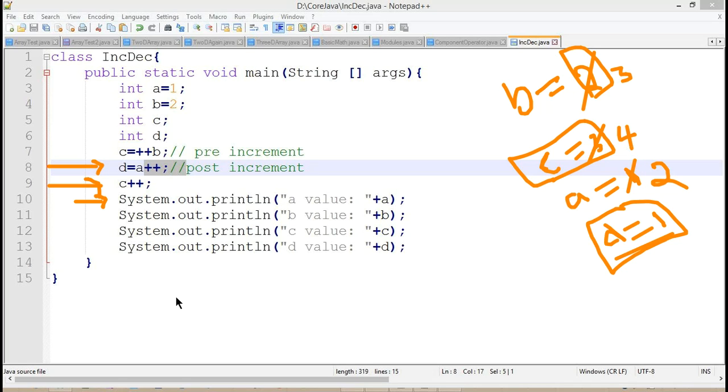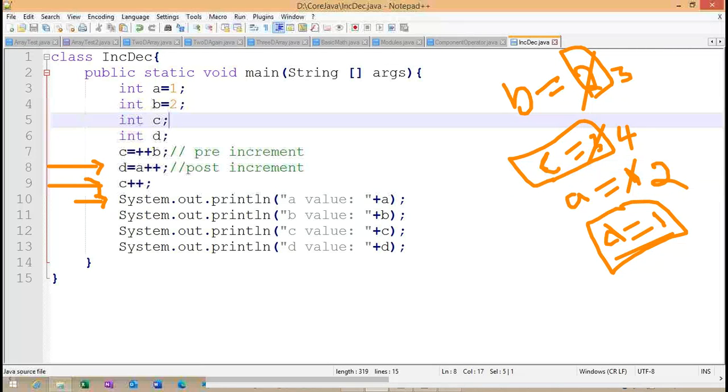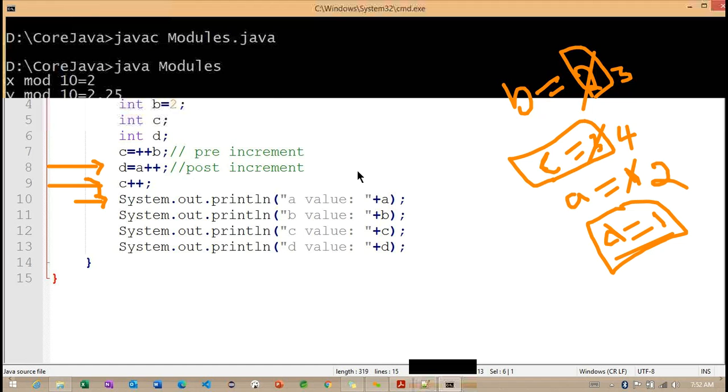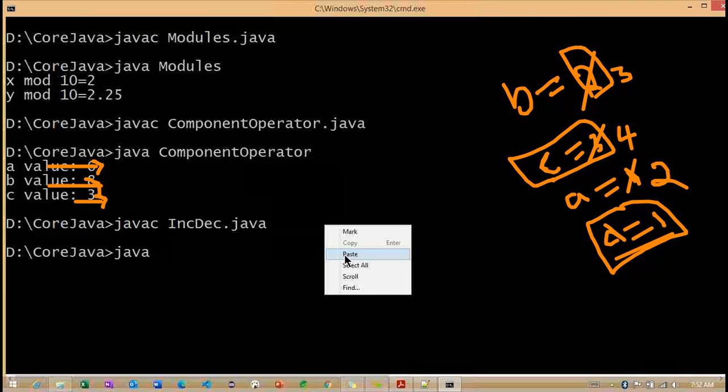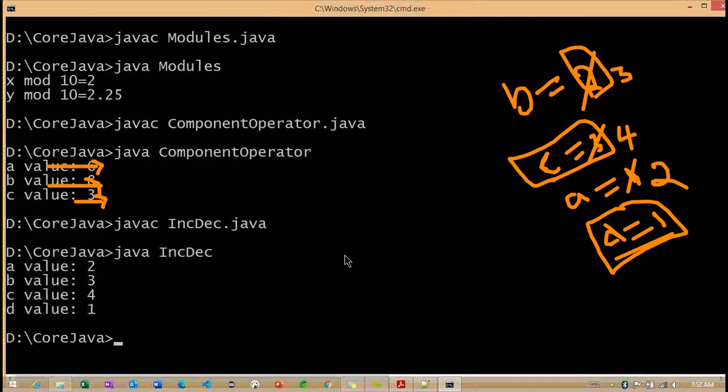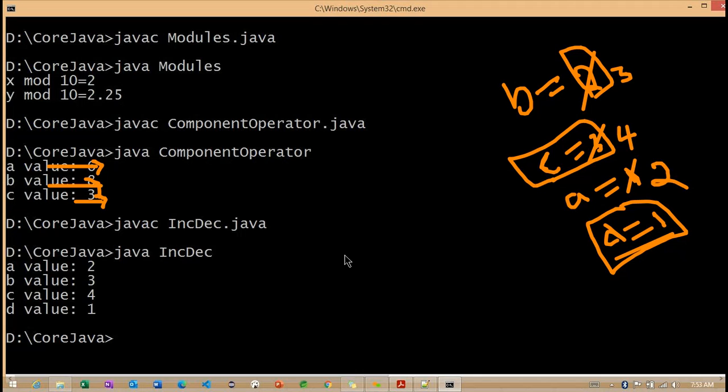So here now I want to compile this particular example. So just see, and it is compiled. Now trying to execute here. So what are the values we are having here? Are we getting the same values or not? So now you can compare. Whatever the right side boxes we are having, whether the values we are printing are the same or not.